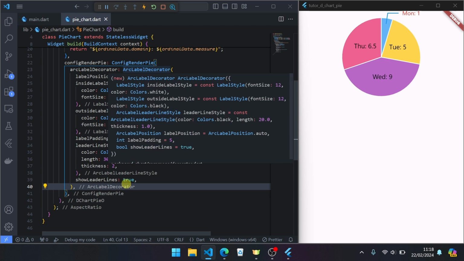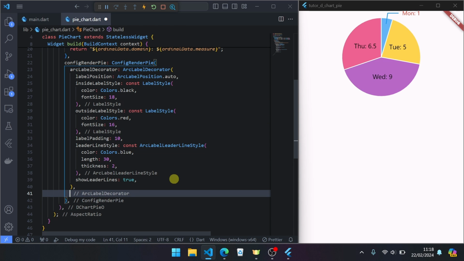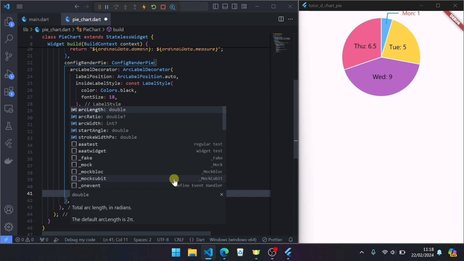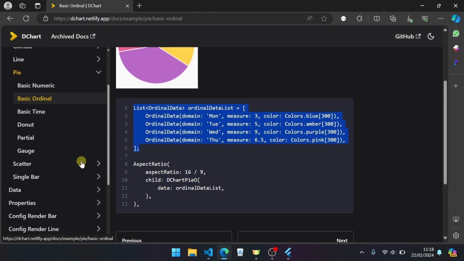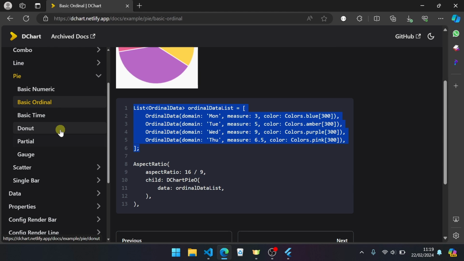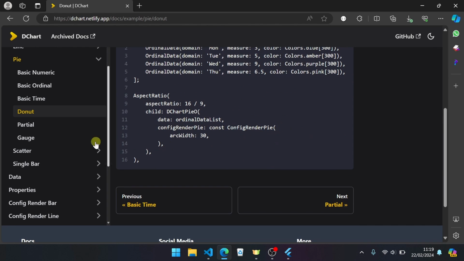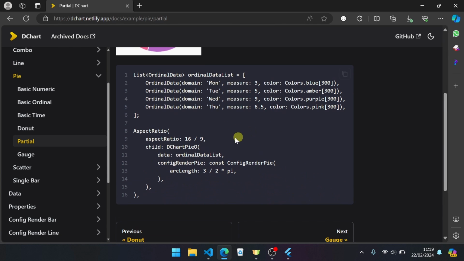Next, in the config render pie, arc length: the total arc length in radians. So if you want to set the arc length, you have to calculate with radians. The default arc length is 2π. For example, you can see the documentation, donut, sorry, partial.